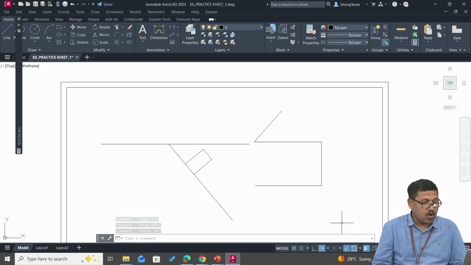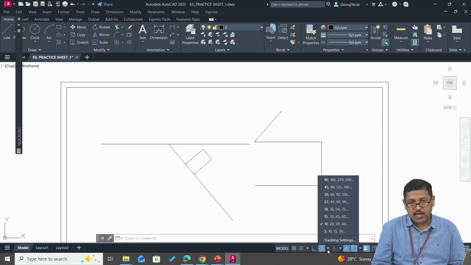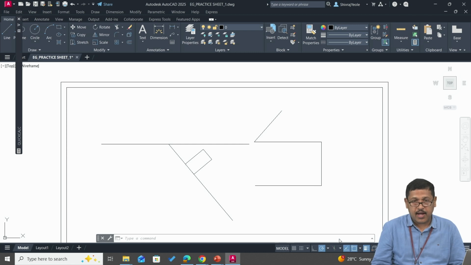So what is this polar on? You can see over here at the bottom it is showing this icon, which is nothing but polar tracking, and for this polar tracking the function key is F10. I'm just clicking on the arrow which is adjacent to this icon. It is showing different values over here. So I'm going to the tracking settings,